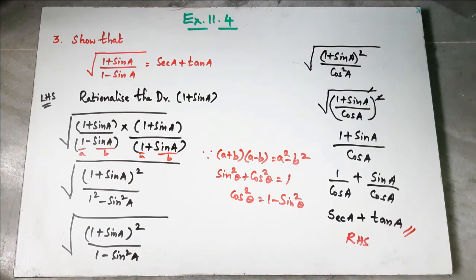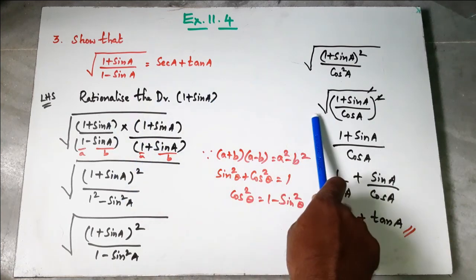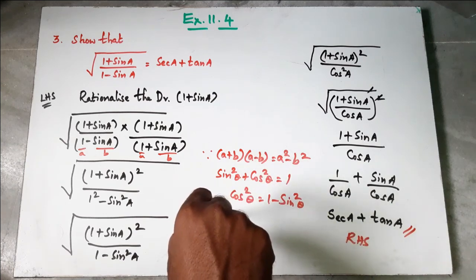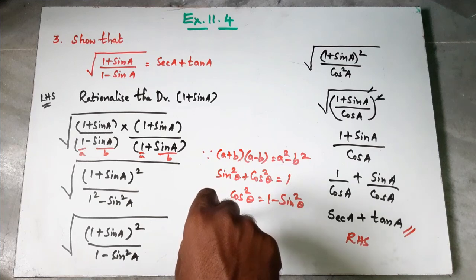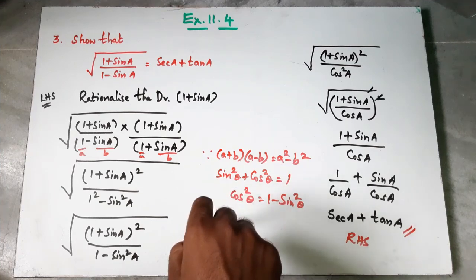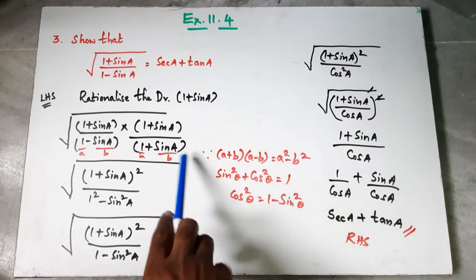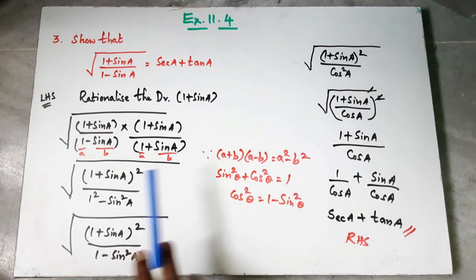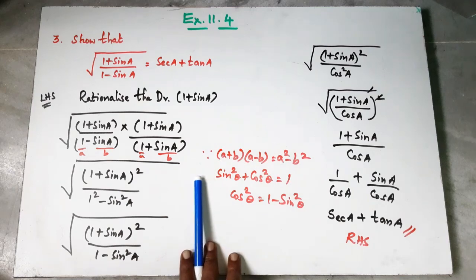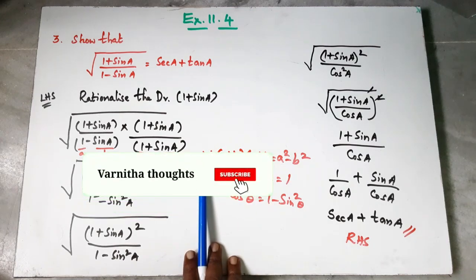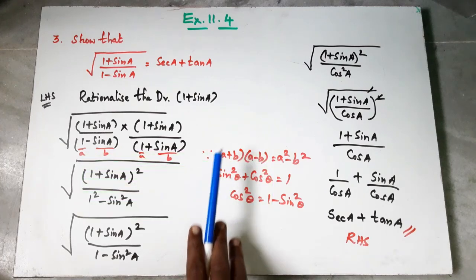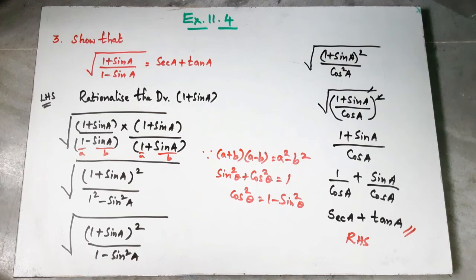So my dear children, by observing all these problems, we came to know that all the problems depend upon the trigonometric identities and writing the multiplicative inverses of sin to cosec, cos to sec, tan to what? Cot or sin by cos. So if you know these conversions, we can solve the problems very easily. Okay. Now in the next video, we will do further problems in the exercise 11.4. So that's for the video.